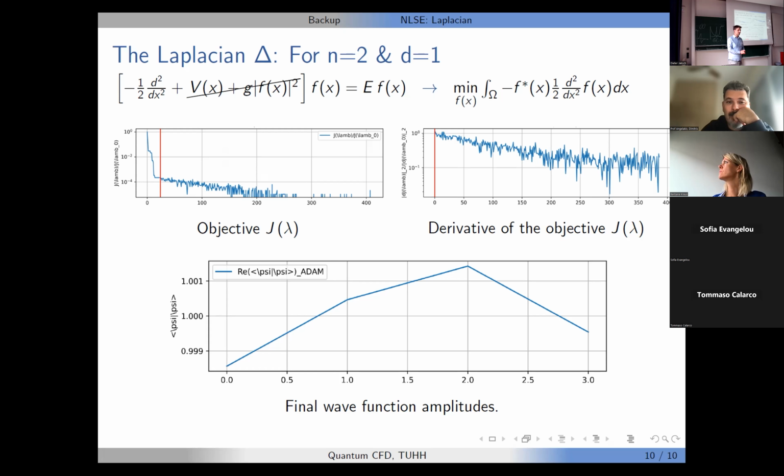Did you evaluate the objective function for a given constant value? You plug in a constant value. Yeah, we did. What is the result of the objective function when you plug in a constant? I don't have the number now.